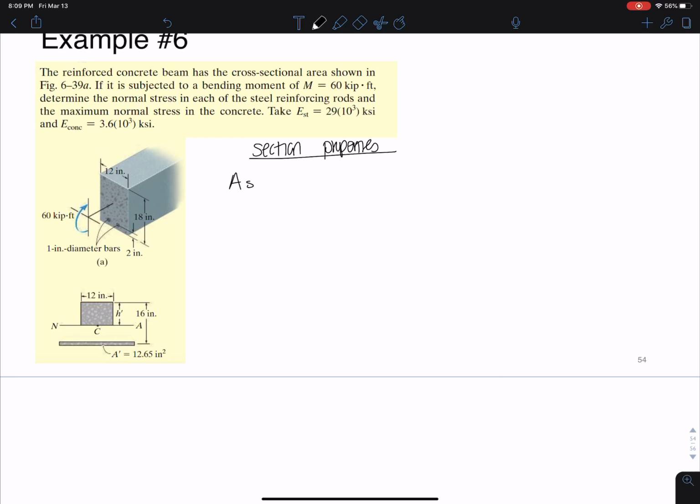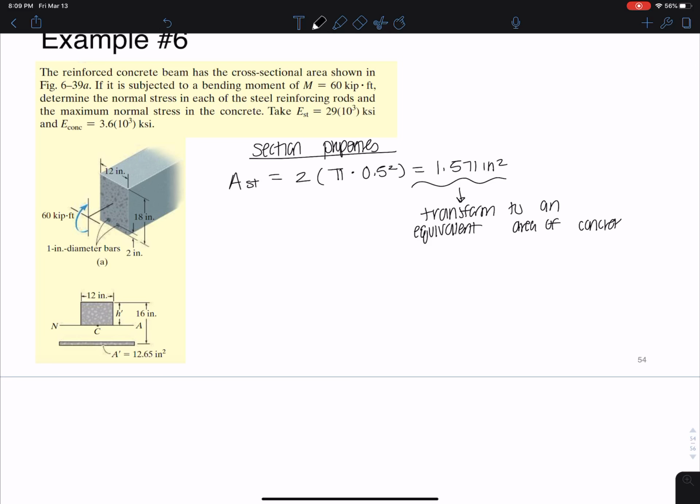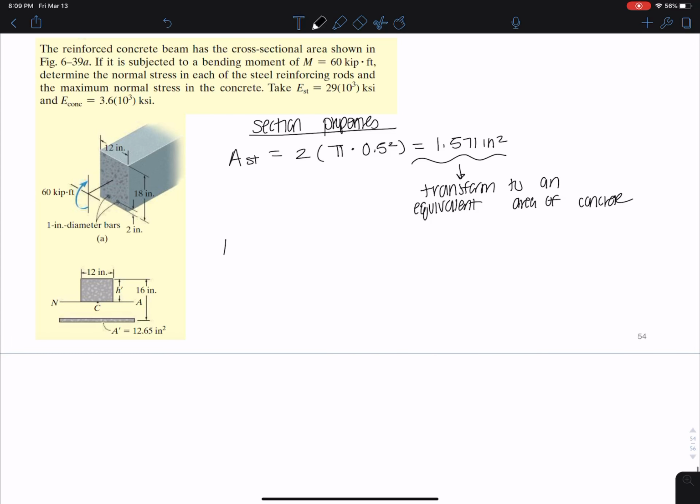We have the area of the steel rebar. It's a circular cross section, so times pi r squared, we get 1.571 inches squared. And what we're going to do is transform this to an equivalent area of concrete. Okay, so my transformed area is going to be called A prime, and all I have to